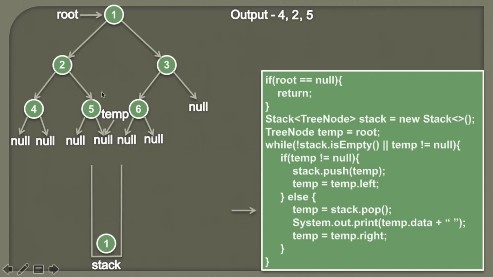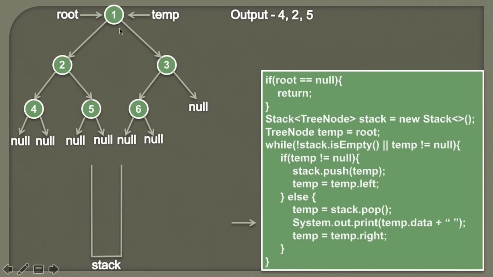So here you can see we have completely visited the node 5, and this node 5 is actually right to the node 2. Therefore we have completely visited the left subtree for the node 1. So when we pop an element from the stack, 1 gets popped out, and now temp will actually point to the node 1. So node 1 is popped out and its value will be assigned to temp. So now temp will point to node 1. Moving ahead.